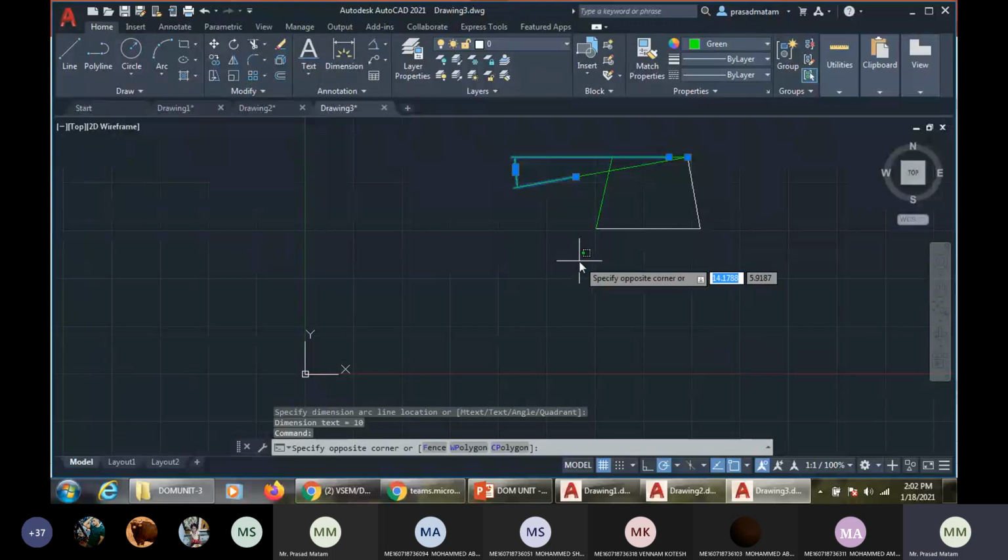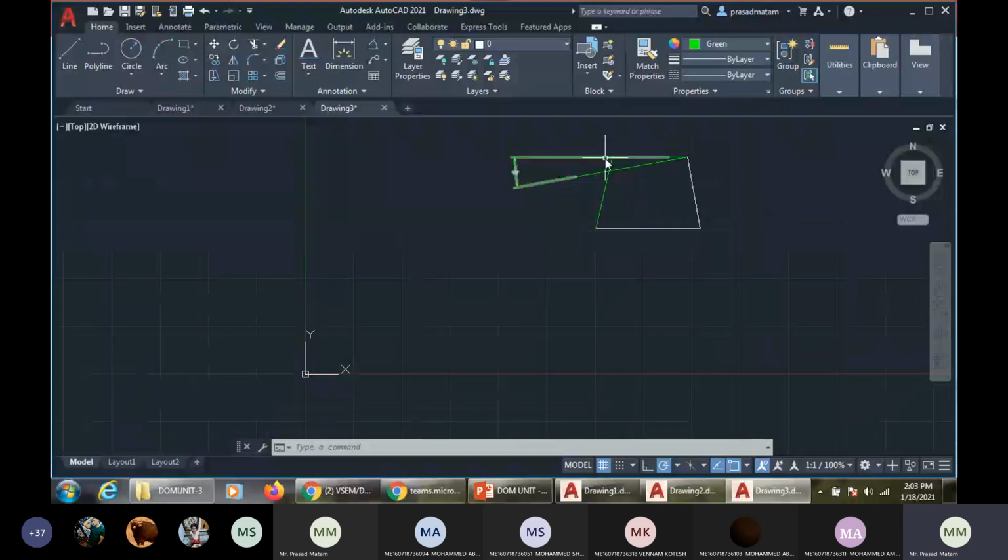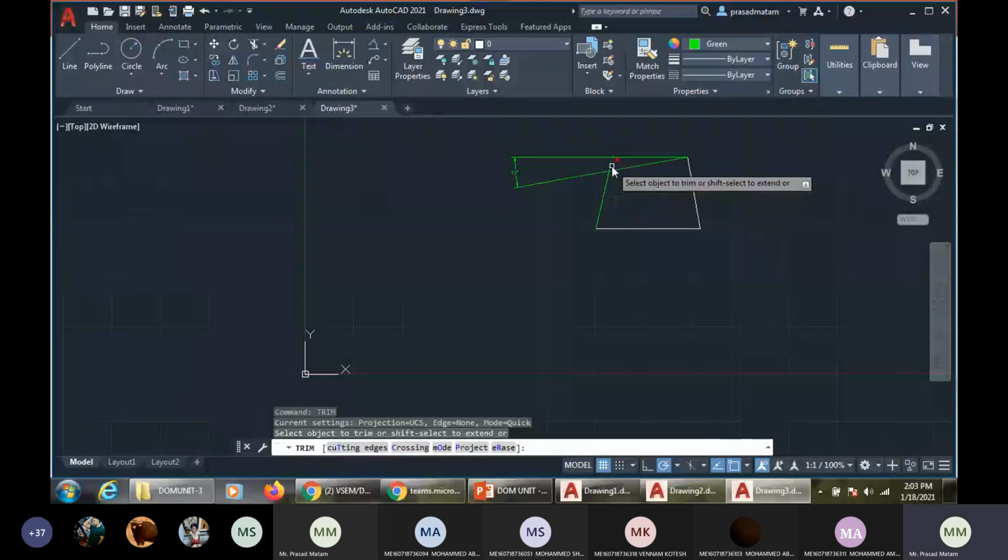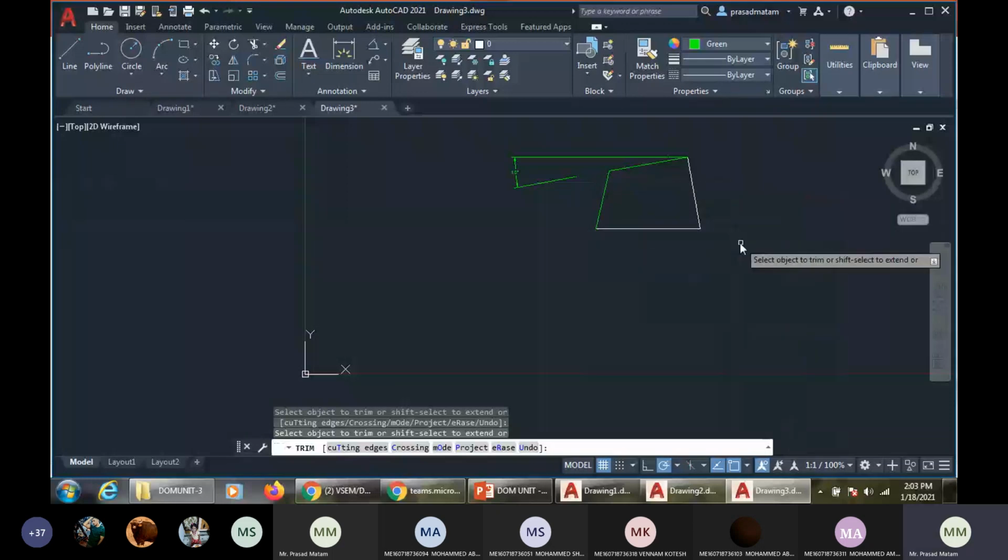Have you seen this angle, dear students? Can anyone tell? Are you able to see this angle? This makes an angle of 190 degrees, 180 plus 10. Now these two are intersecting at this point. Now try to trim. This is for plane B, plane C, this is for plane A, and this is for plane D.